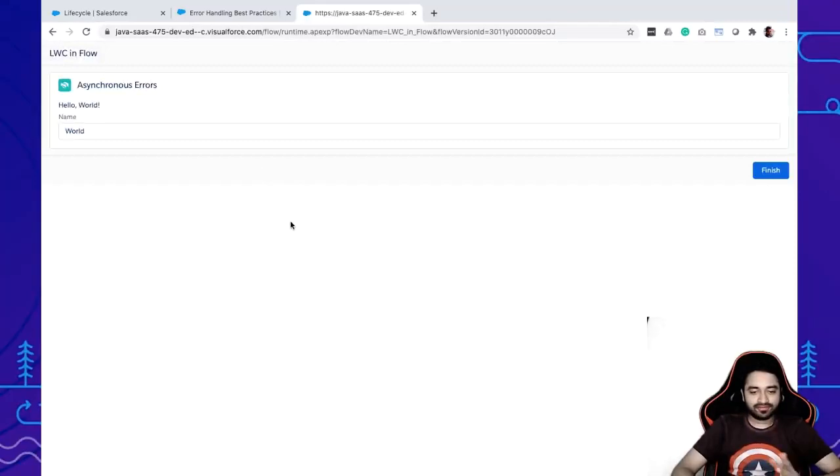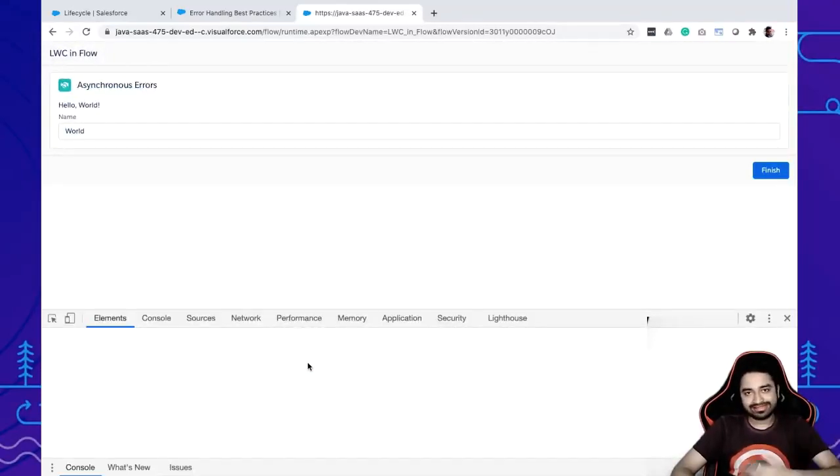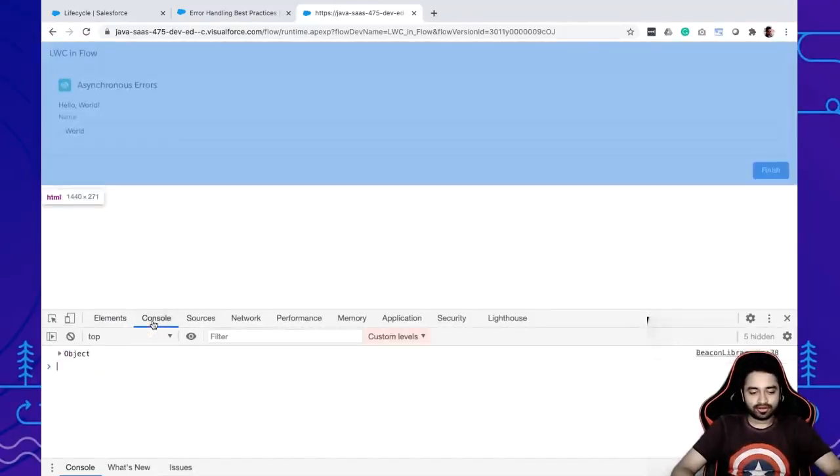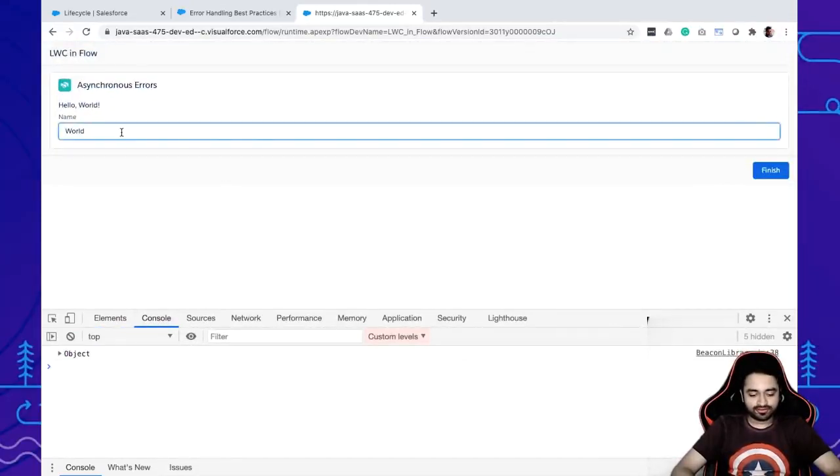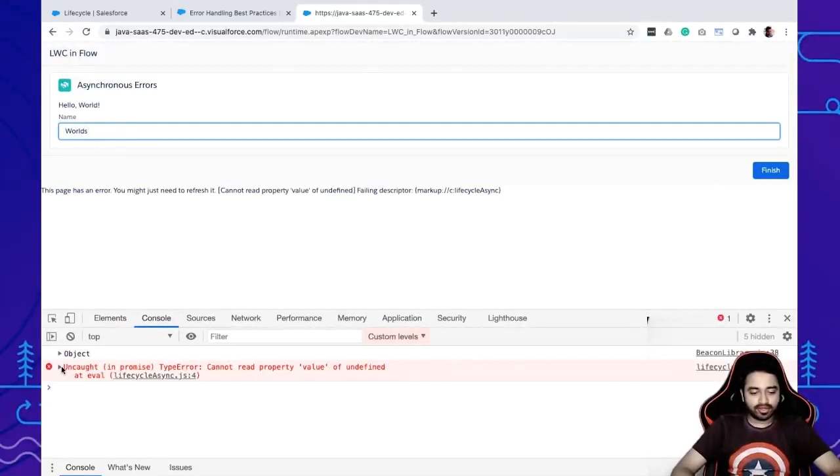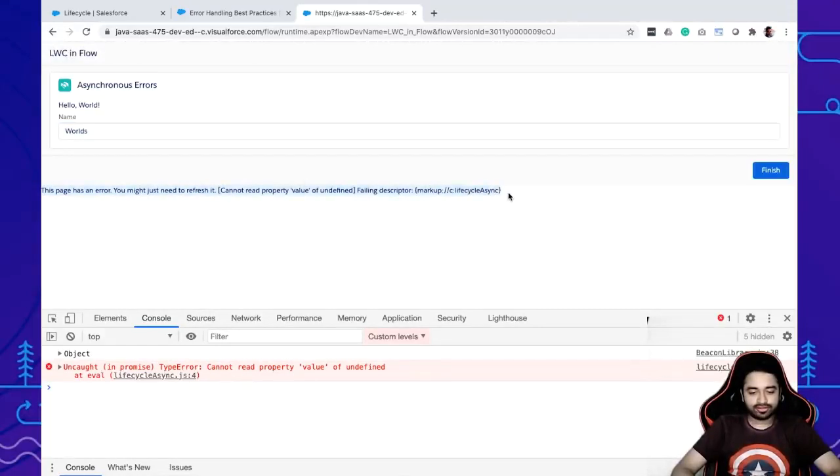But see what happens if I'm running it in a flow. This is the same flow that I showed you on the home page, but I'm running it in a standalone way. Let me open the console here, and notice if I make the same error, it shows me in the browser just like asynchronous errors would, but the flow runtime has also caught this error. So really, when I say Lightning runtime, it is dependent on whether it is a flow runtime or the app runtime. Depending on that, the errors are going to get caught.